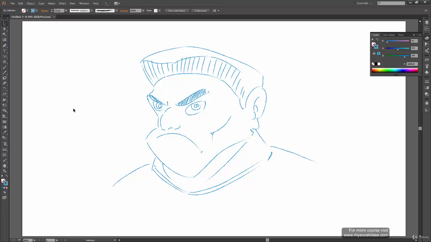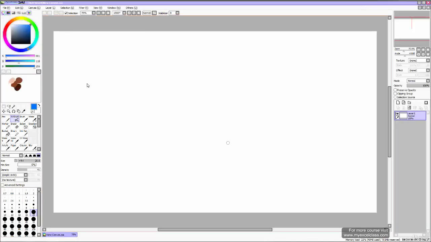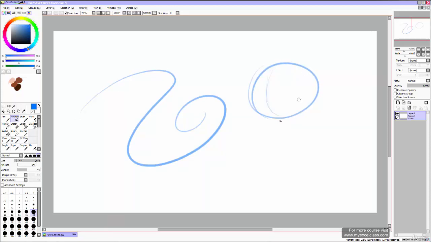Also, there is no pressure information over here. If you're drawing with a pen tablet, then you get this pressure in other software. Let me open another software for you. Okay, so I'm using Paint Tool SAI for a demo. If I want to draw something over here, you get this pressure information. That's really helpful when you sketch, because you want to draw some lines really light and keep some lines really thick. That information is not available in Illustrator because it's a vector-based stroke.